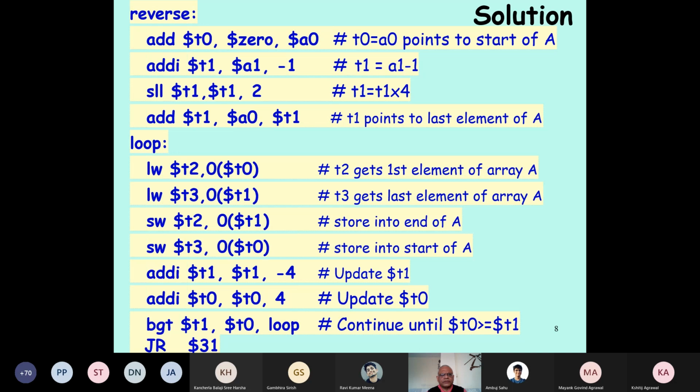So we reduce the length by 1, so T1 will contain the index of the last element in C. And we multiply that by 4 to obtain the byte offset, because we know that load word and store word all take byte arguments. And then we added T1 to A0. And T1 will contain the address of the last element.